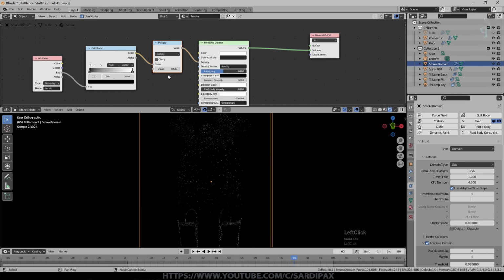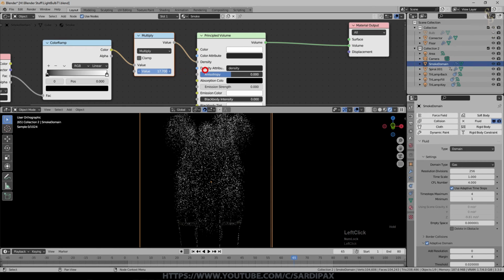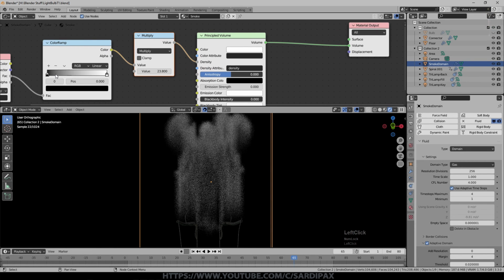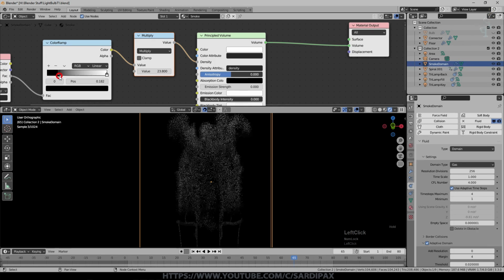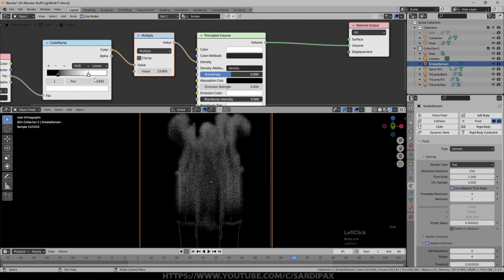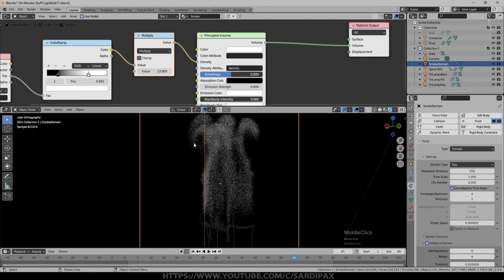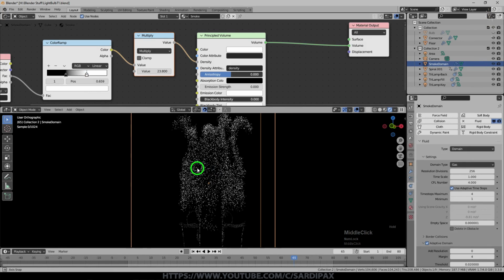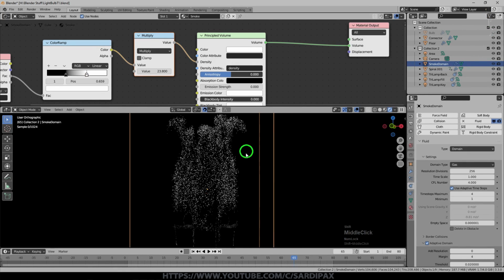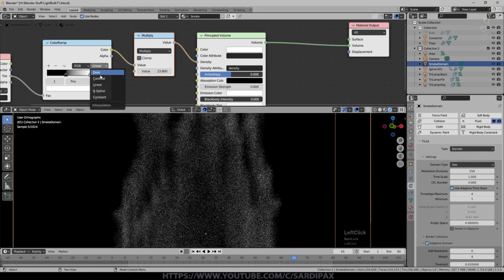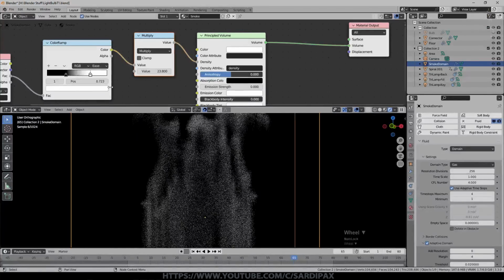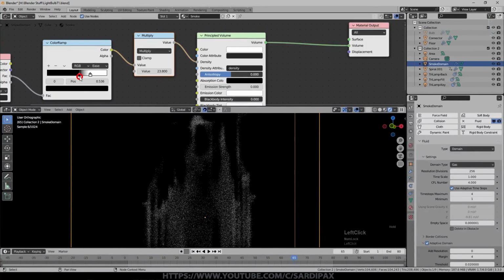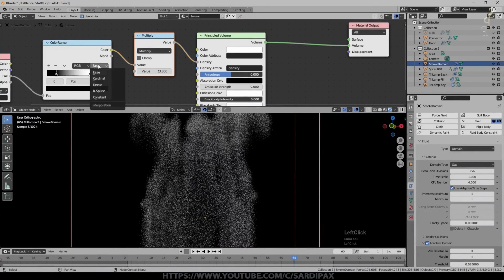Set this to multiply, and that will basically give the overall density, and then use the color ramp to cut back, if I want to, on the fuzzy bits at the edge. So it's quite a sharply defined smoke if you want that. Almost looks like a load of snakes. And you can just play with that. I mean, probably you need a little bit of fuzz with smoke or it doesn't look quite like smoke, but up to you what you do with that.